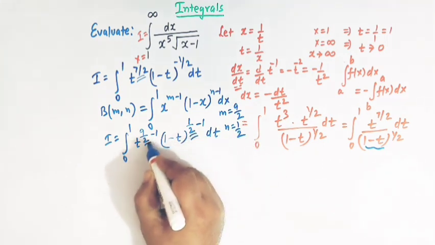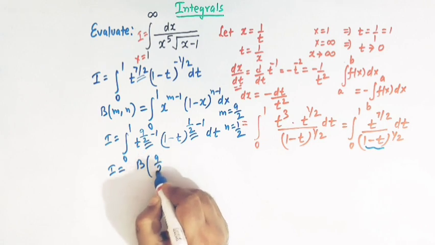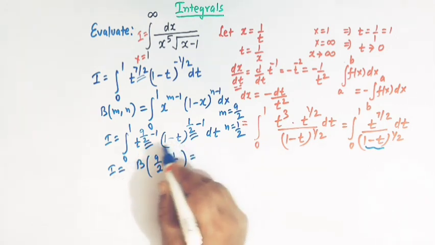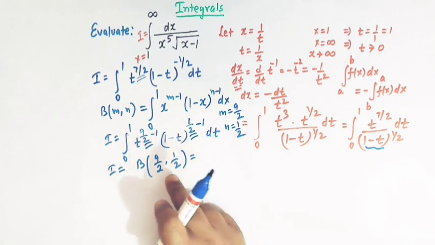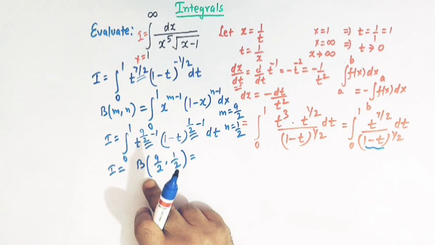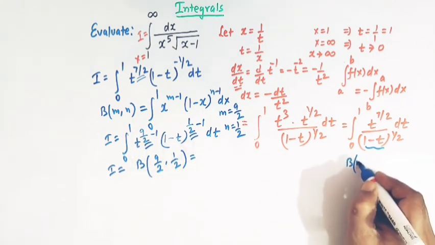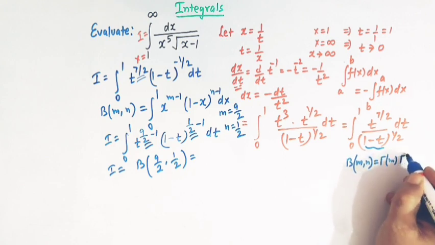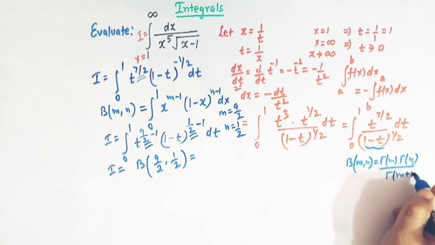So I is equal to beta of 9 by 2 and half, right? And here again we'll make use of an important relation connecting the beta function with gamma function, because we know that beta of mn is equal to gamma of m, gamma of n divided by gamma of m plus n,